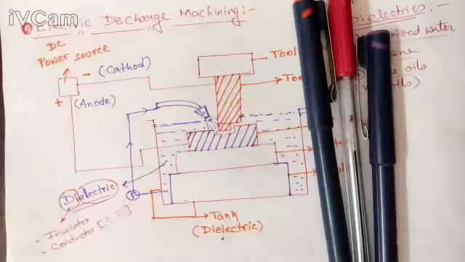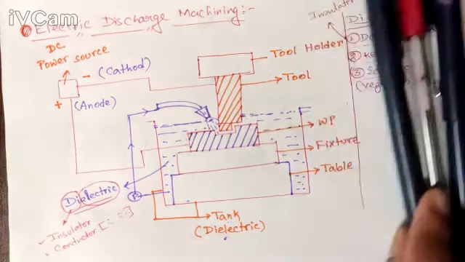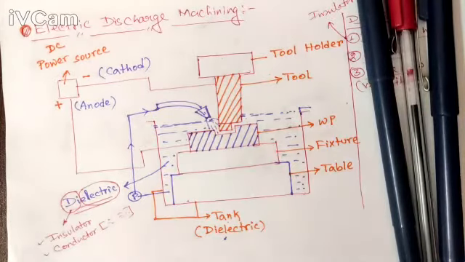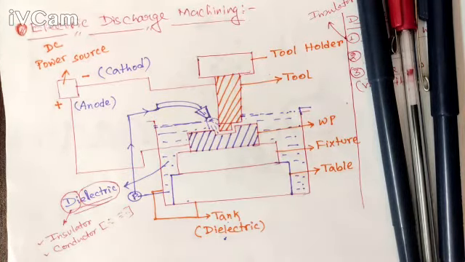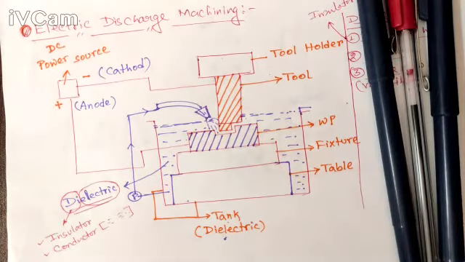Okay. So in the last class, we started discussing EDM, or electric discharge machining process. I discussed the configuration of EDM. Actually, we should not call it only EDM, because there are some types of EDM. We will study everything. If we say it properly, it will be named die sinking EDM, as the die will always be sinking in the dielectric. That's why it is known as die sinking EDM.